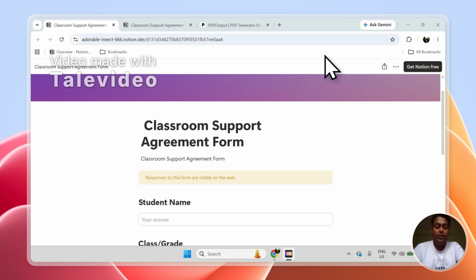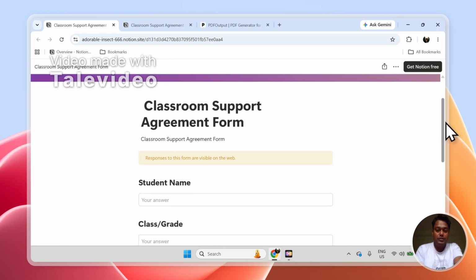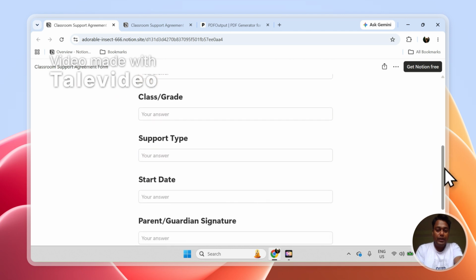Hi, today we're going to talk about how to convert a Notion form into PDF files and automation. For this demonstration, I'm going to showcase how to convert a classroom support agreement form into PDFs on automation. So as you can see, I've set up a classroom support agreement form which has different fields of information available